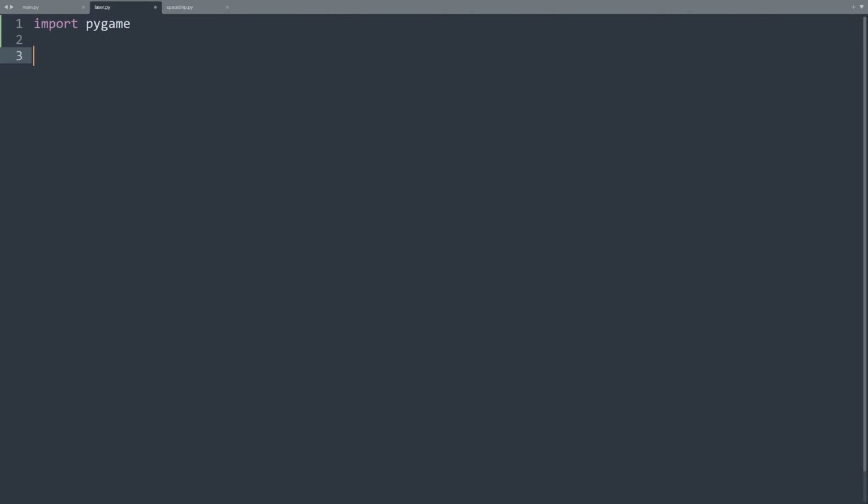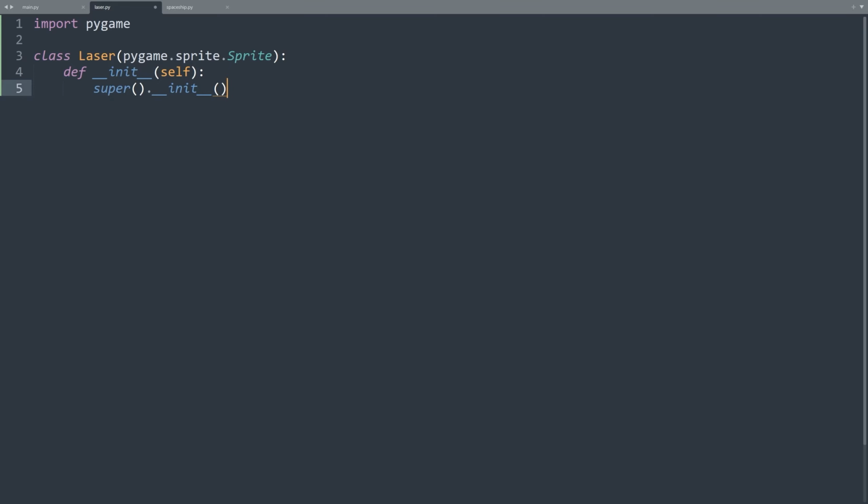Here's the initial setup. class Laser(pygame.sprite.Sprite): Now let's create the init method. def __init__(self): super().__init__(). Ready to give those lasers some power.